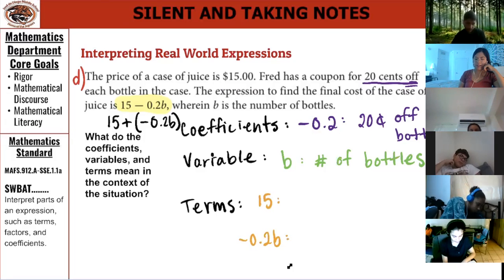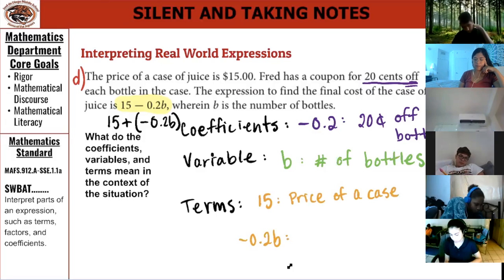All right, what does the 15 represent? The price of a case of juice. Mm-hmm. The cost of a case of juice. A case. And is that before or after the discount? Before. So this is the price of a case without a discount. So you start off with 15,